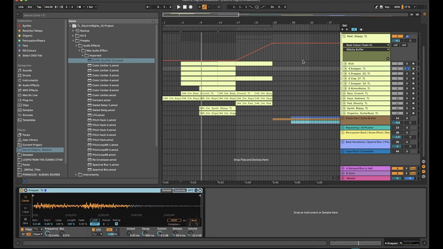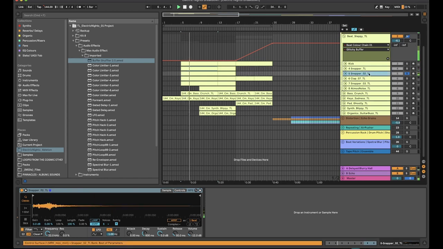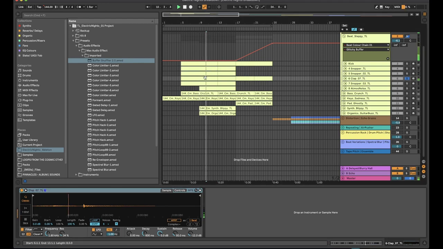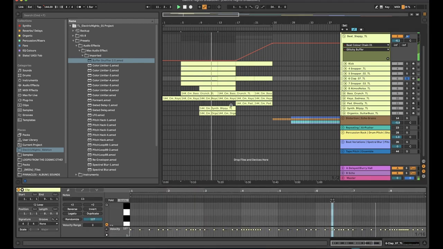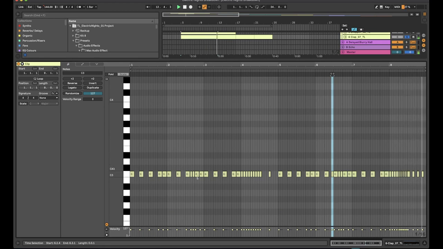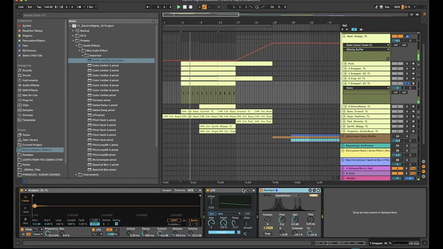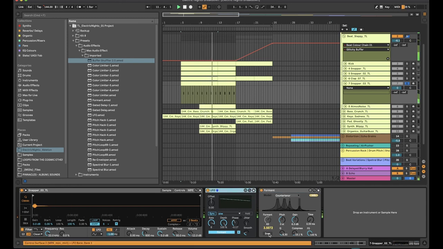Snapper is just a straight sample. Same with Snapper 2, nothing on those channels, nice and dry. Same with this clap sample. You can see where I've just drawn that in. Another just dry sample. But this has formant shifting on it and an LFO. So the LFO is controlling the formant amount here,